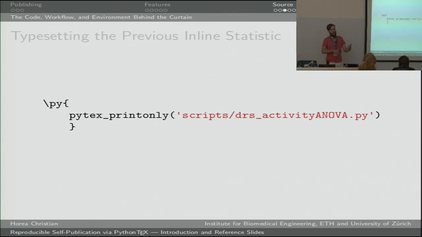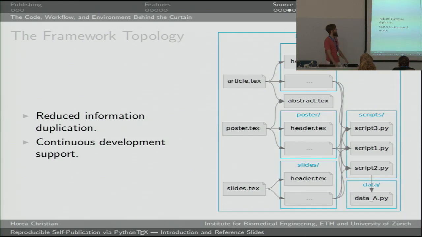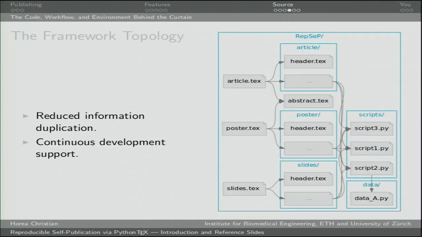So how do all of these things integrate? Well, let's take a peek at the framework topology. Basically, if you've cloned the repository, you have all of that structure locally. What I'm showing you there is how the files relate conceptually, with the blue boxes representing the directory hierarchy. So the outermost box is the top level. Yeah? And basically, this structure helps you reduce duplication by only keeping the scripts in the same place. So you might want to have different formats, like you might want, based on the same scientific work which you're doing, to have a presentation, to have a poster, and to have an article.